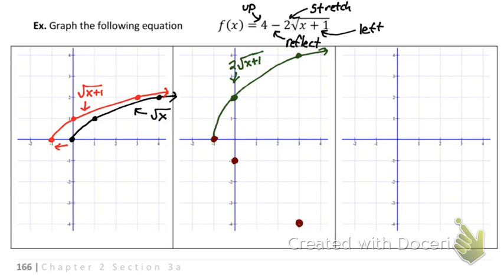Oh, I missed my mark on that one. That one should be at -2 because all I'm doing is flipping down. It's going to look like that. And this is a square root of x function where I went over 1, stretched 2, and flipped with that negative sign. The last thing I have to do is the 4, which is just moving everything up